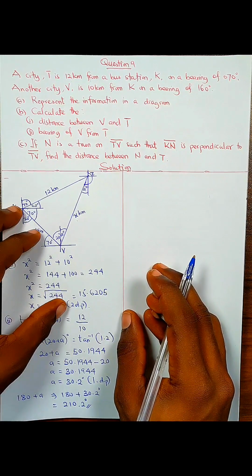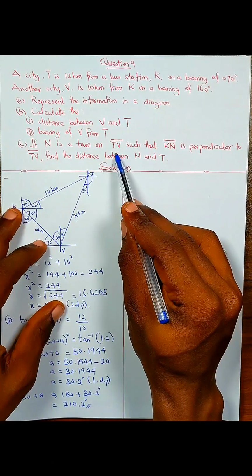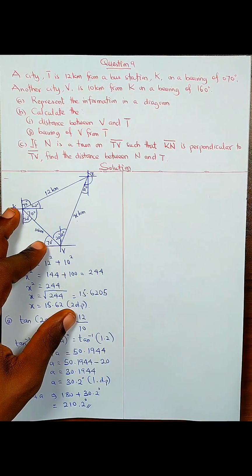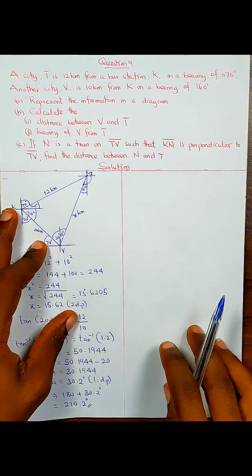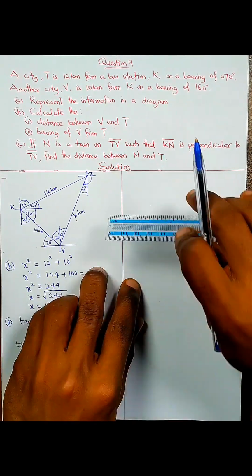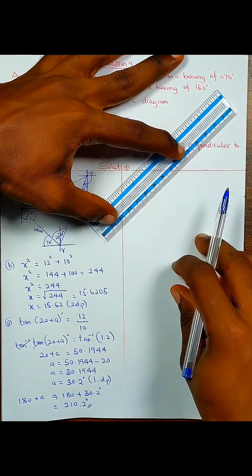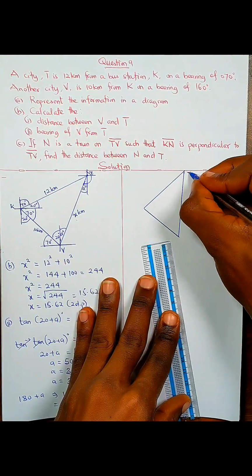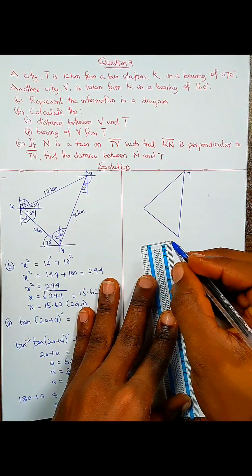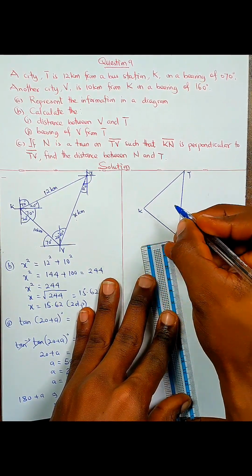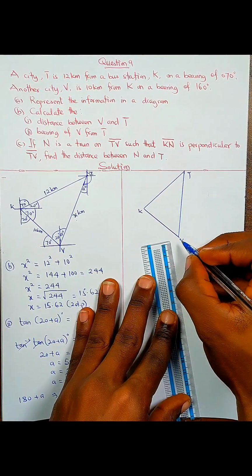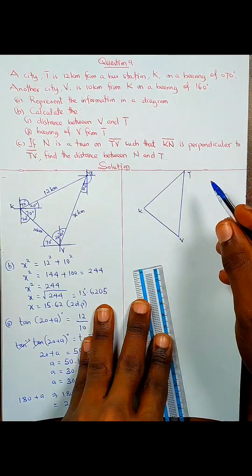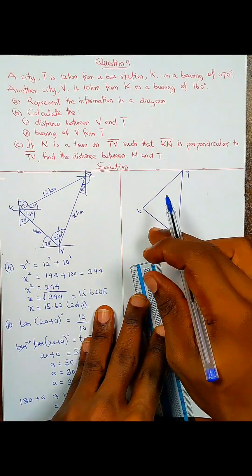It says that if N is a point on TV length such that KN length is perpendicular to TV, find the distance between N and T. To go about this, I will redraw the diagram. So this time I'll make it a bit smaller. So this is our T. This is our K. And this is our V. Okay. So it says that if N is a point on TV, this is TV. So N is on TV